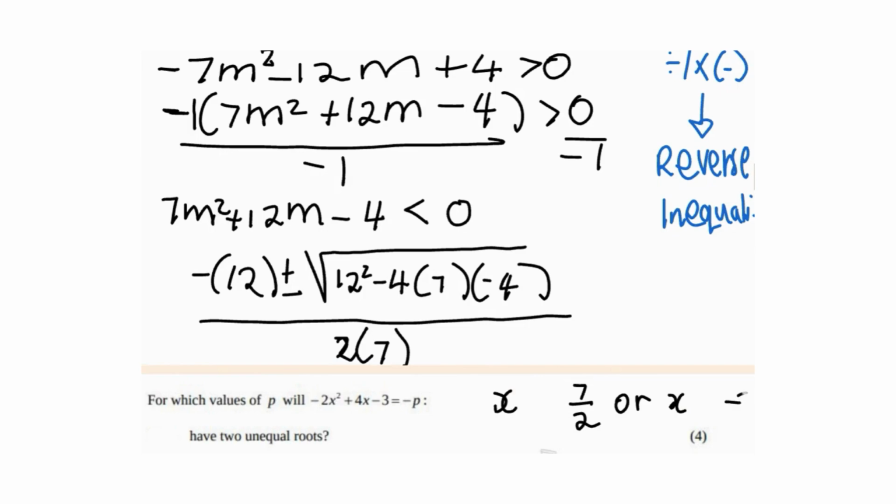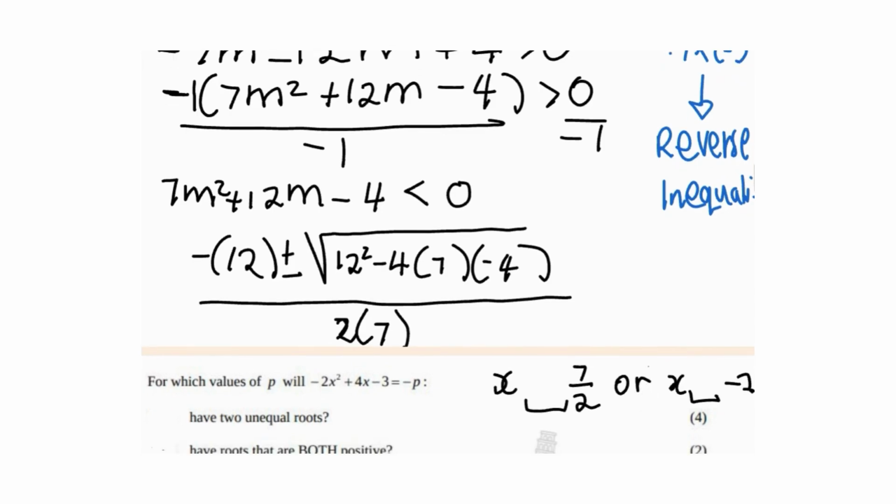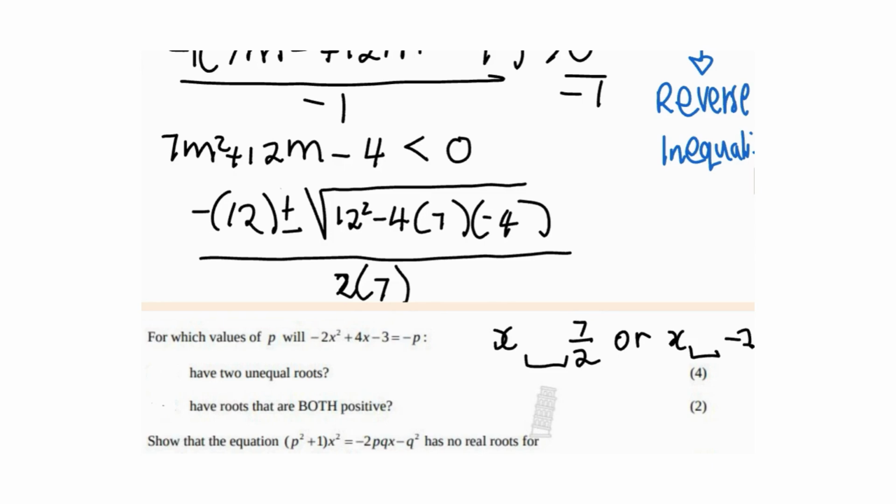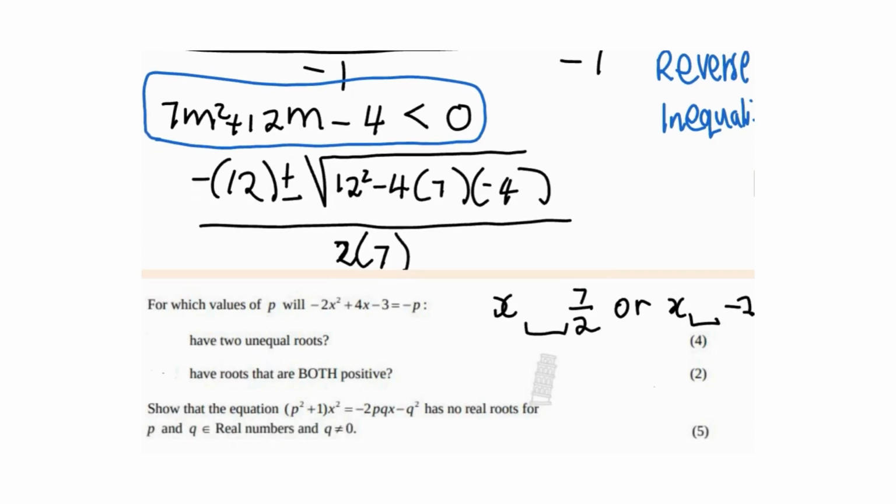negative 2. Please, guys, take note, I'm leaving the gaps, because remember, when we have a quadratic and you need to put the correct inequality sign, you need to use critical points. I'm going to jump into critical points. So we are working with a positive quadratic or a positive parabola, and our critical points are 7 over 2 and negative 2. So I'm going to draw a positive parabola graph, and I have negative 2 there, I have